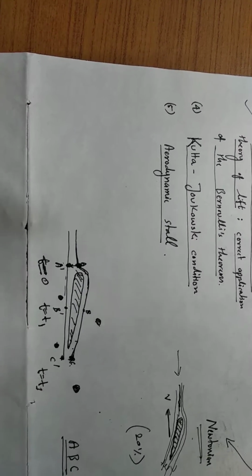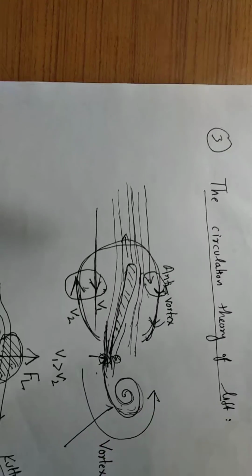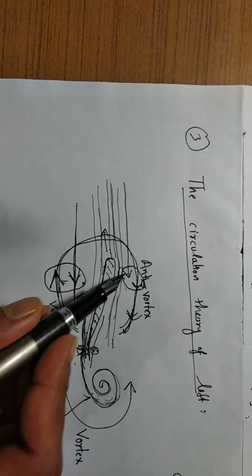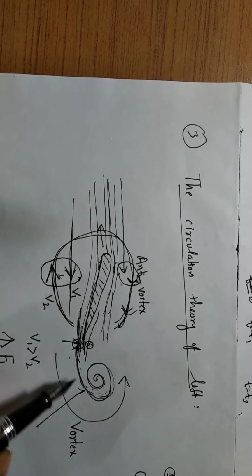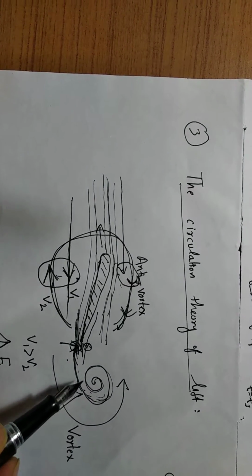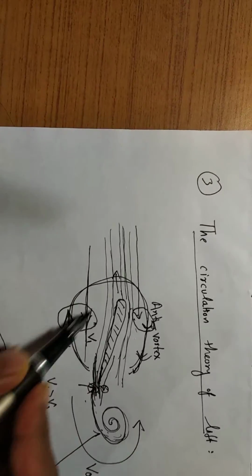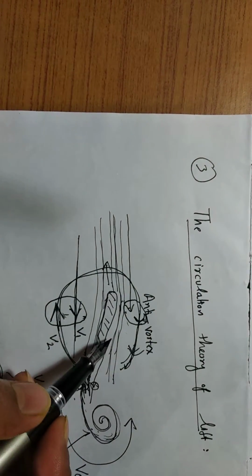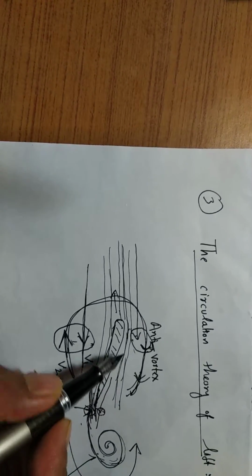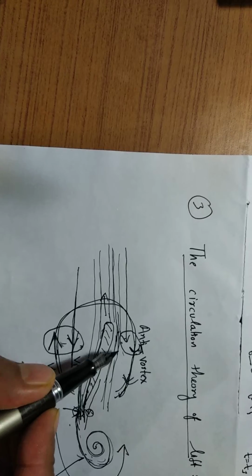This is incorrect. The correct way to understand is the vortex and anti-vortex generation. When the wing begins to start, it generates a vortex. In response to this vortex, there is anti-vortex generation. This is a conservation principle captured by the Helmholtz theorem. And once there is an anti-vortex on the surface of the wing, you can easily see that the air speed is in the